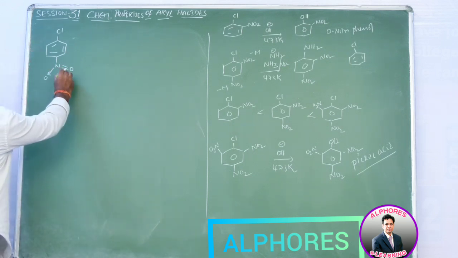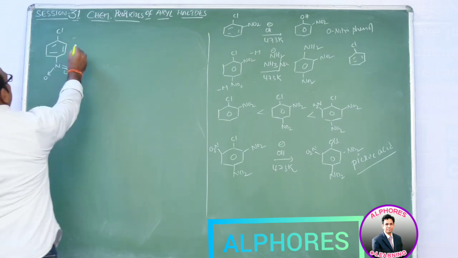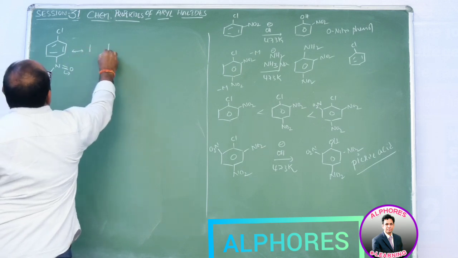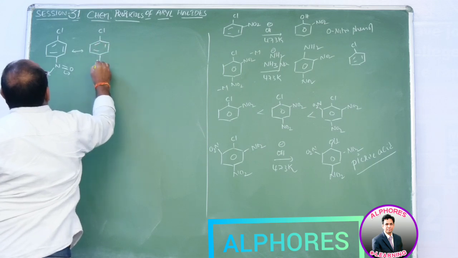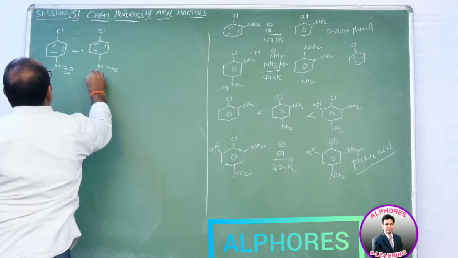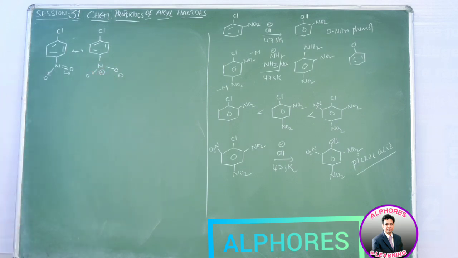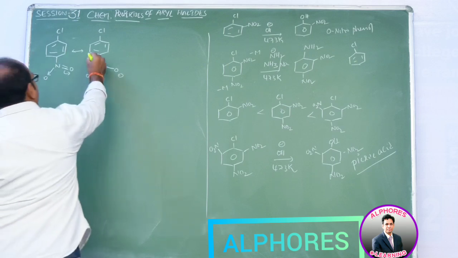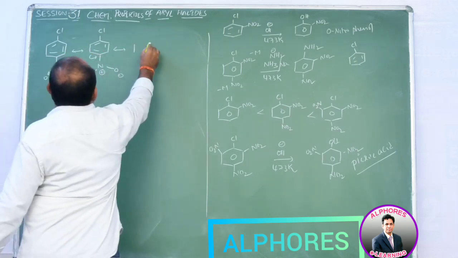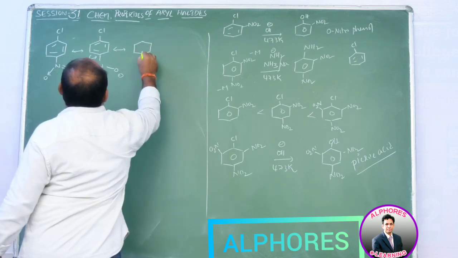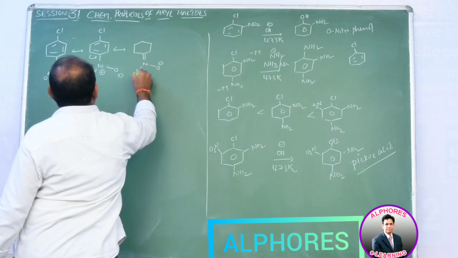Now, the more electronegative oxygen atom pulls the pi electrons towards itself. Then obviously nitrogen acquires a positive charge in its resonance structure. Whenever nitrogen acquires a positive charge, it is compensated by the ring donating electrons, where this carbon gets a negative charge and nitrogen gets a positive charge. Immediately these pi electrons are shifted towards this carbon. As a result, there will be a new bond formation between carbon and nitrogen, and here O minus, and this one is a double bond as such.